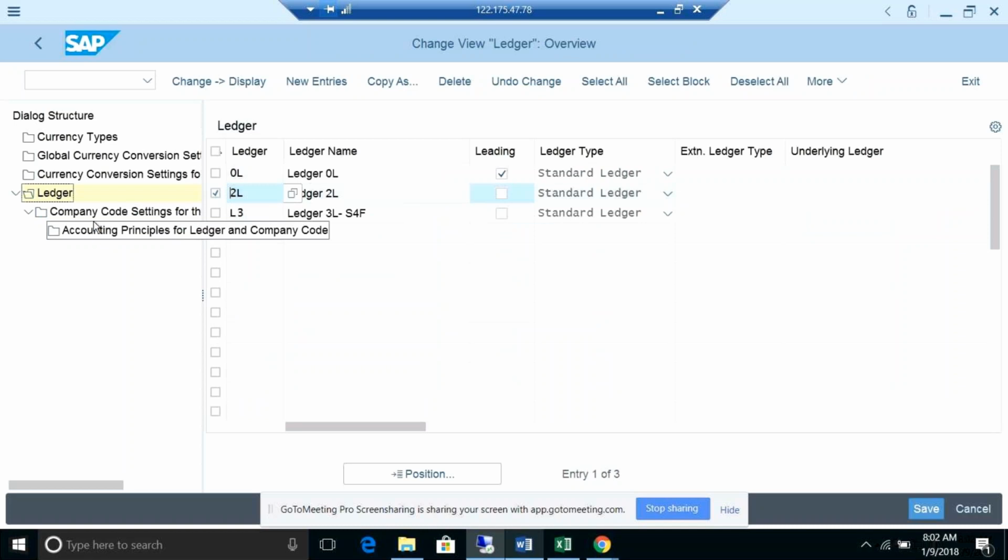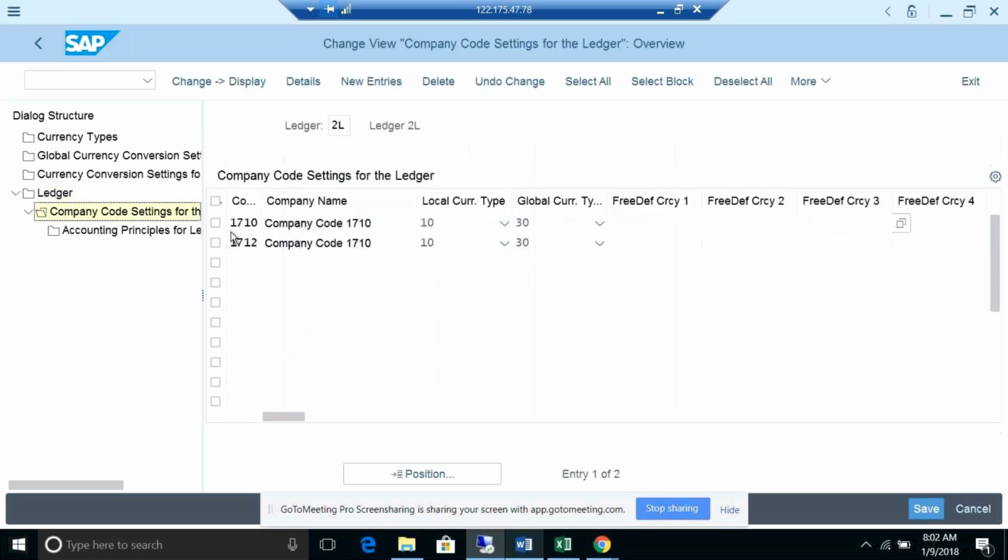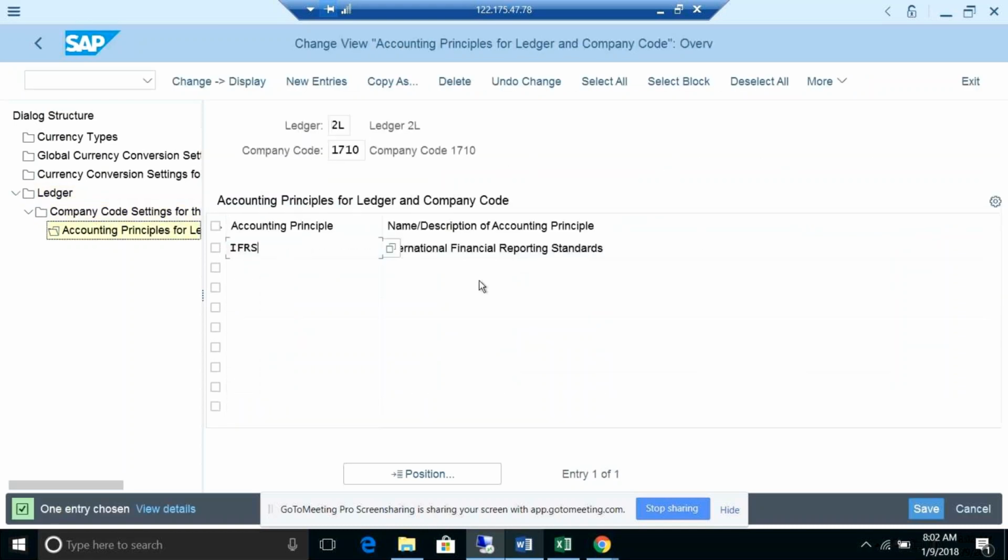For 2L, I defined IFRS for my ledger group 2L, I assigned IFRS. So for your question, Preeti, if you wanted to see your book depreciation with accounting principle IFRS also, it is possible.